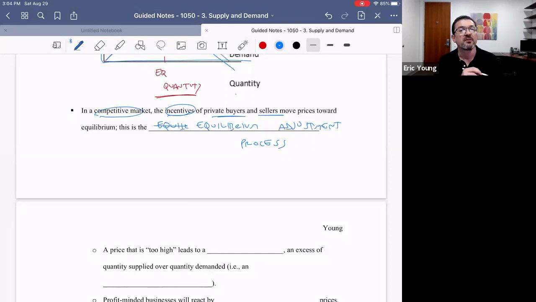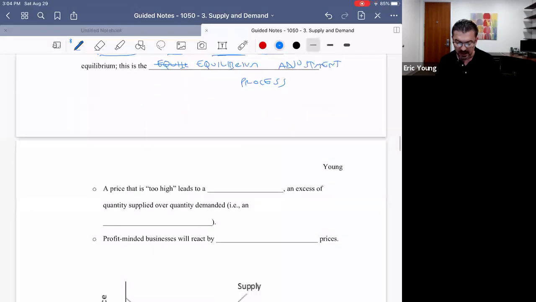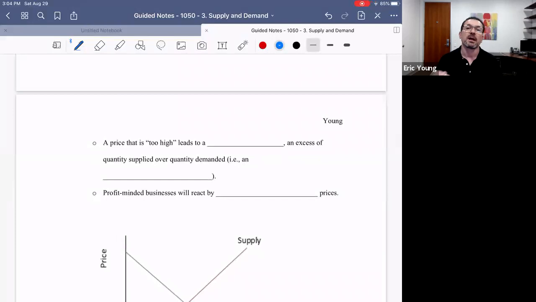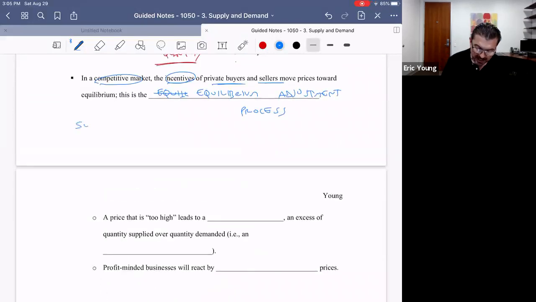Again, in a competitive market, individual buyers and sellers pursuing their own self-guided rational behaviors engage in this equilibrium adjustment process that will over time move the market toward equilibrium. And the equilibrium adjustment process does this by weeding out conditions of surplus